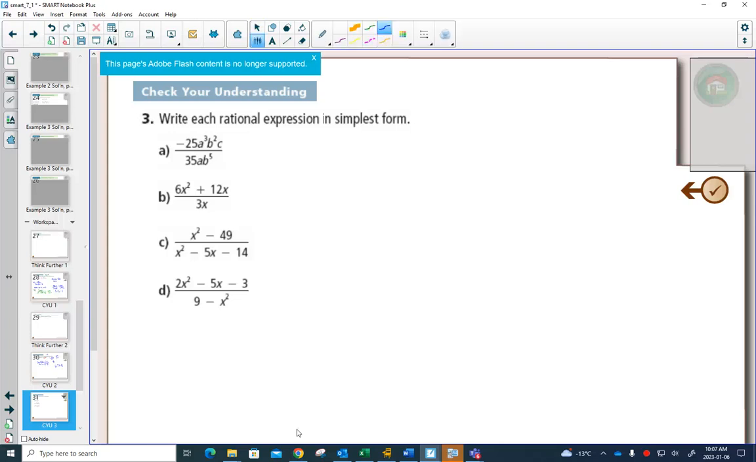So again, some things we're going to look at. If we can, we're always going to factor first. And then if two factors are identical with multiplication,